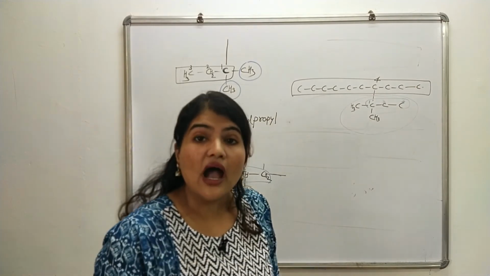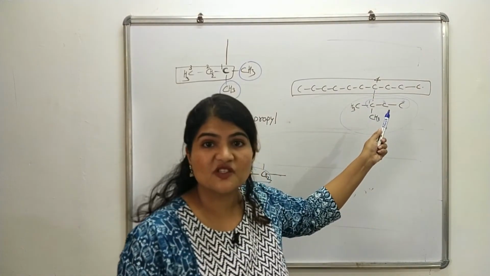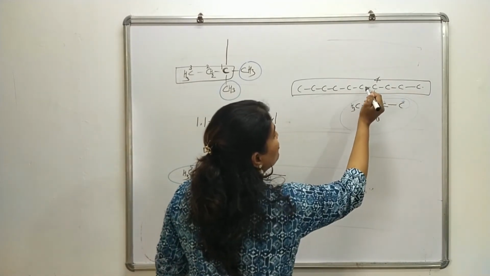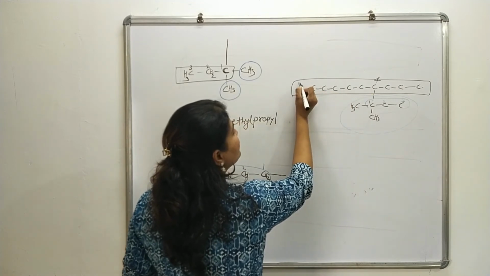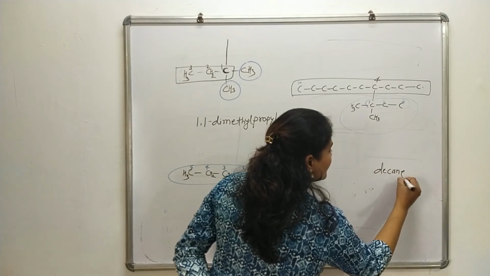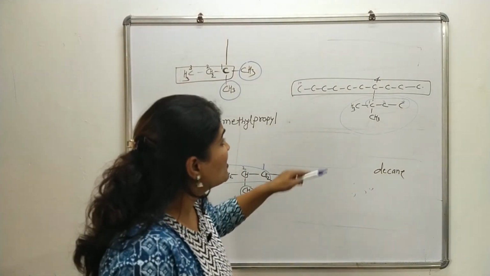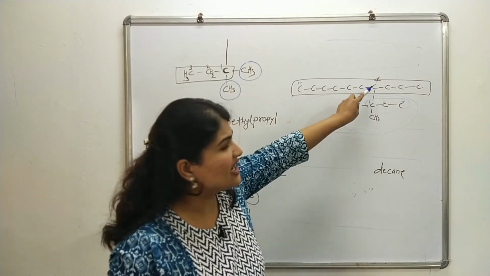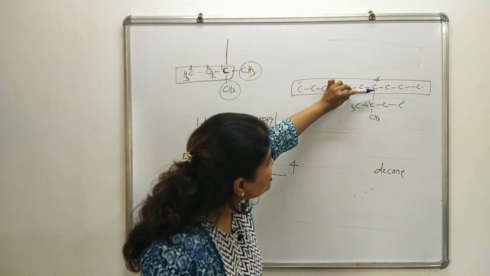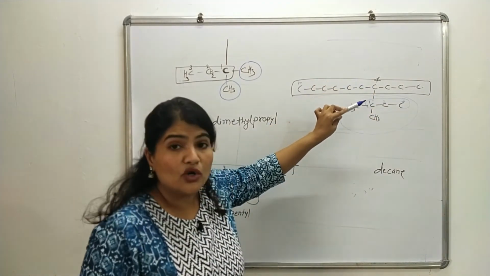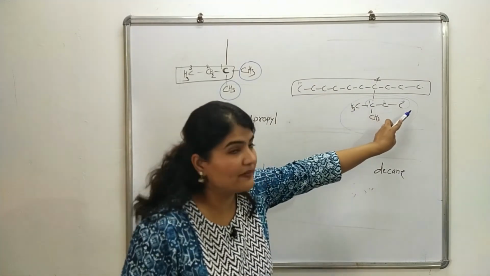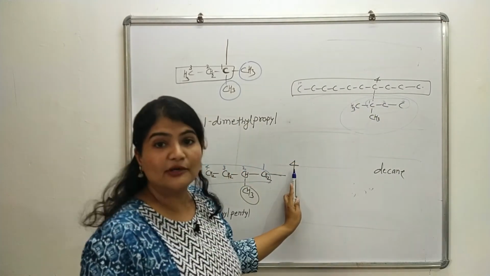Now I am going to tell you how we are going to write the name of this substituent in the name of the entire molecule. So basically 1 2 3 4 5 6 7 8 9 10, this is a 10 carbon parent. So it is going to be decane. Decane is going to be my parent hydrocarbon. Now on decane there is substitution at 4th carbon. So my locant is going to be 4. Now at 4th position, this is my alkyl group. Now what is the name of my alkyl group? It is 1,1-dimethylpropyl, and it is present at 4th carbon on the parent chain.